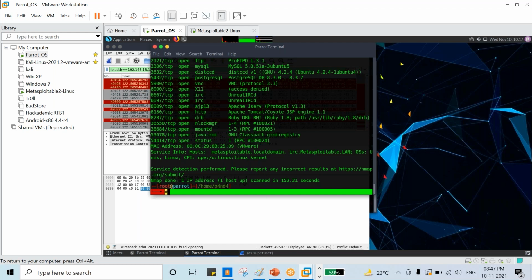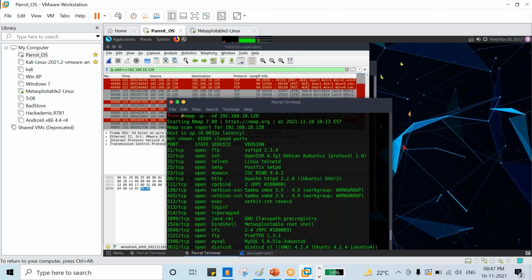Not only one tool, because we are getting only a few results over here. Whatever results we didn't get over here, we will get with some other tools. So that's why we cannot use only one tool. We have to use multiple tools. Right now I'm just taking nmap as an analogy.